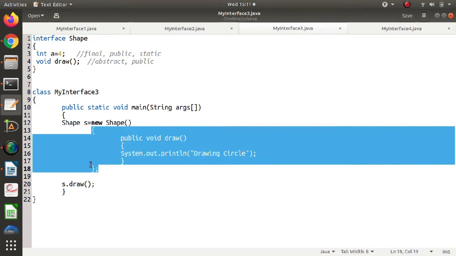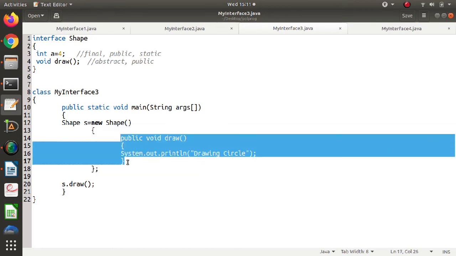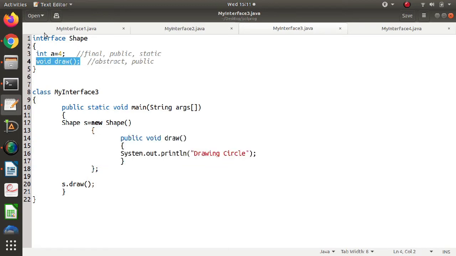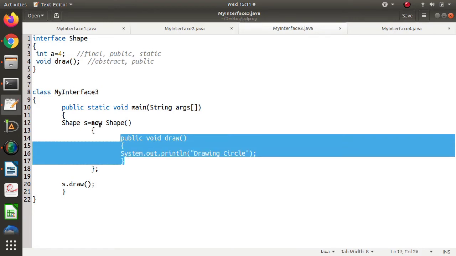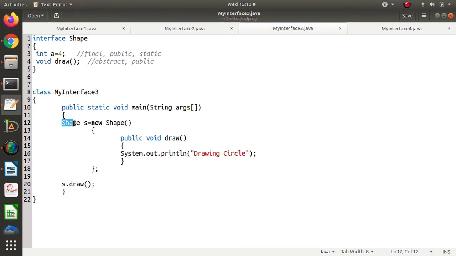So here in curly brackets we are implementing this draw method which is declared in this interface. So here we are writing code for that. All the methods which are mentioned in this interface we can implement here. We have not written any class, and that's why it is called an anonymous class. This interface is implemented by an anonymous class.